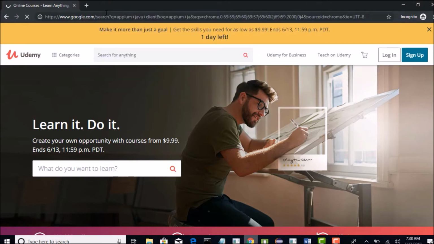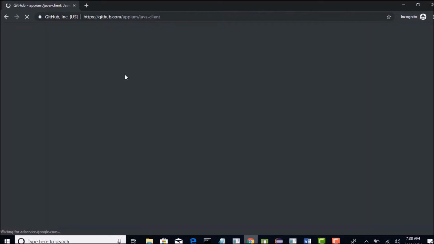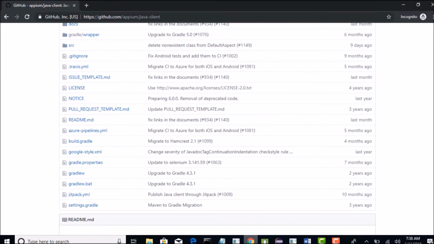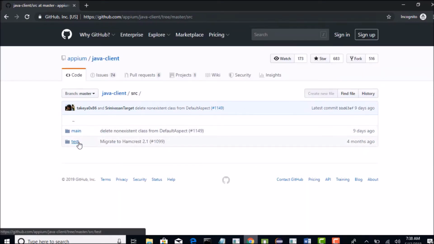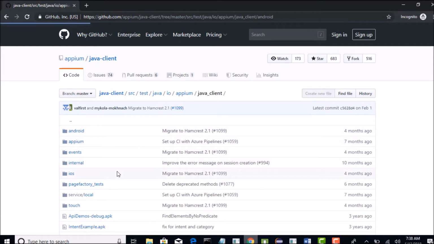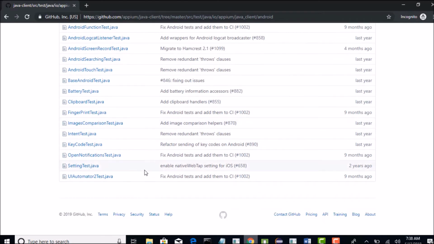Appium Java client, then that will navigate us to GitHub, where they post the latest version's code. So go to the source directory, test Appium client, Android. I think there is a file called Android search test. In that they have defined how to move to the specific product completely. Yeah, this one.